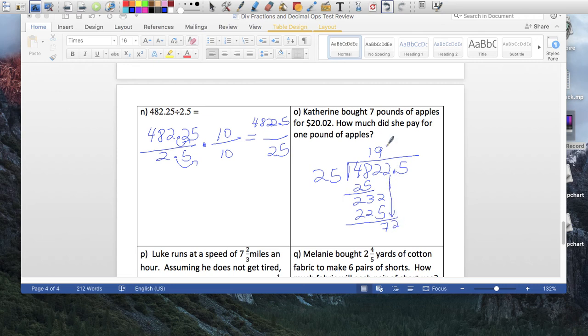25 times 2 is 50. Subtract, you're going to have 22 left over. Let me move that decimal. I should have done that before. Move that decimal up. Now bring down the 5. And 25 goes into 225 9 times. 9 times 5 is 45. Carry 4. 225, we have the remaining of 0. So our final answer is 192.9 for here. The letter